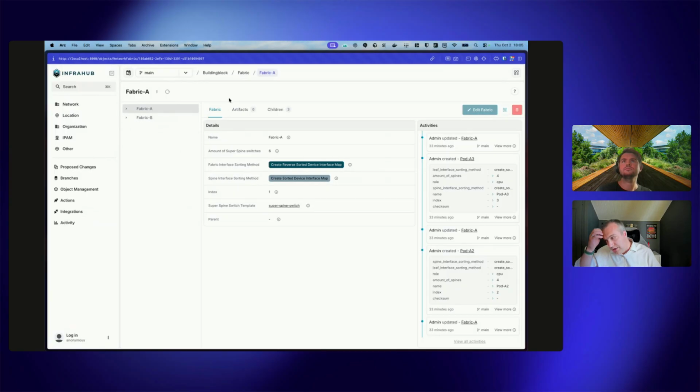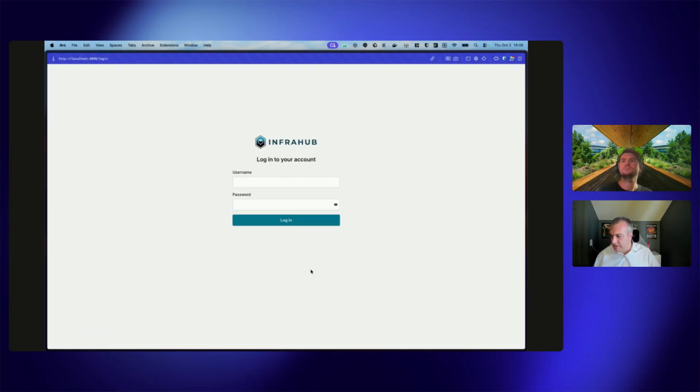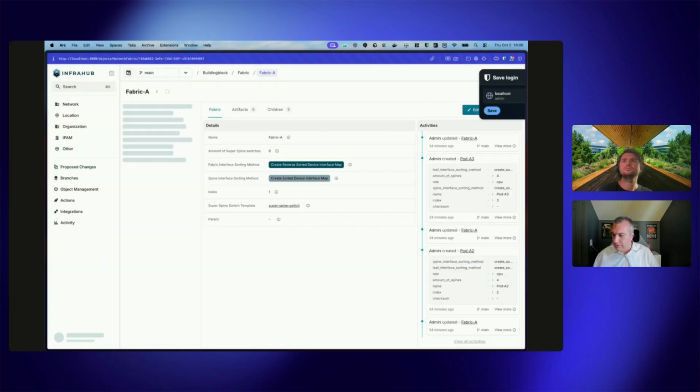Just to be very brief, the idea of Infrahub is that we can create branches, and Alex will talk about all the flavors of branches and all the things that we have in there. But